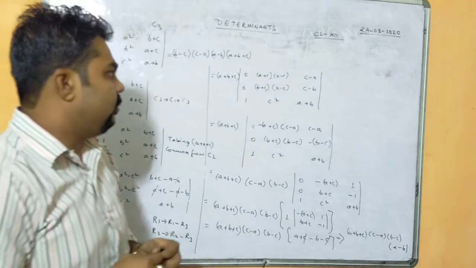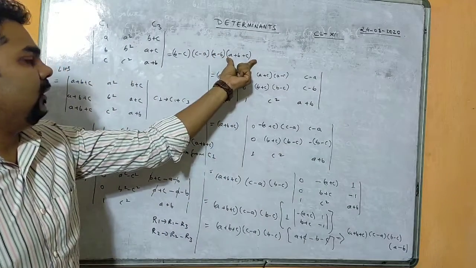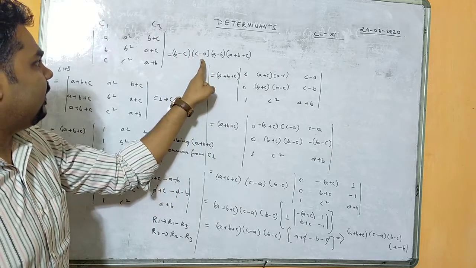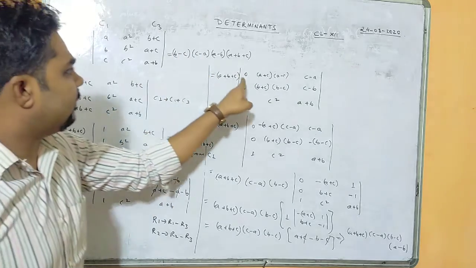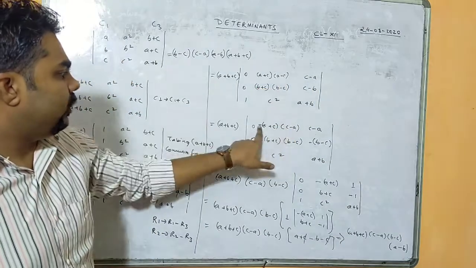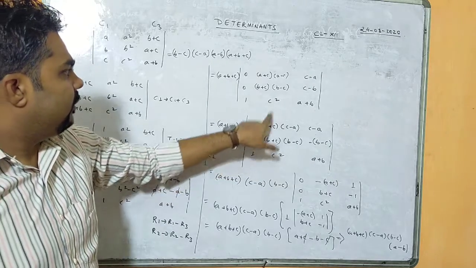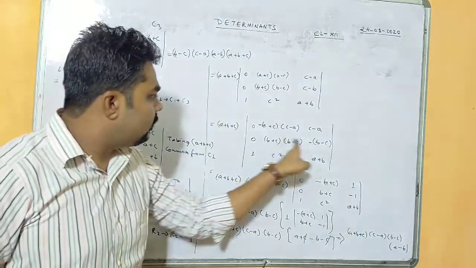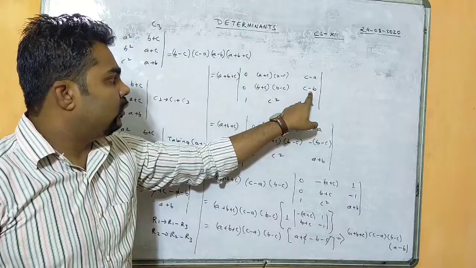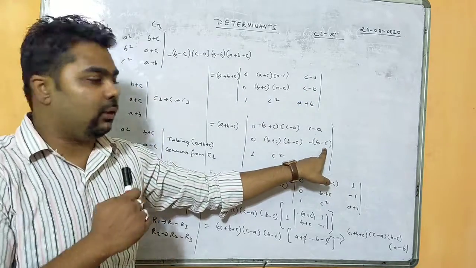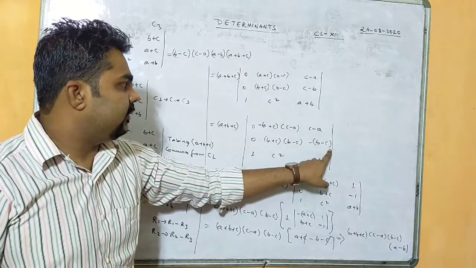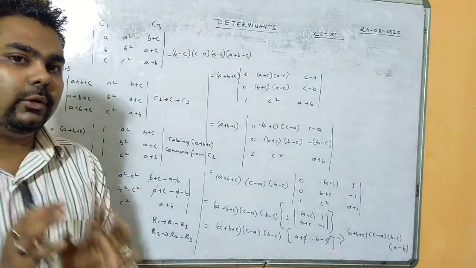Now after this step you will see we already got a plus b plus c in the question. But what do we need here? We need c minus a and b minus c. So c minus a is here, but here we have a minus c. If we change it to c minus a, a negative sign will come out. Similarly we want b minus c. In this row we have c minus b, so we will make it b minus c by taking the negative sign out. So c minus b can be written as minus of b minus c, and here it is already b minus c, so no changes.